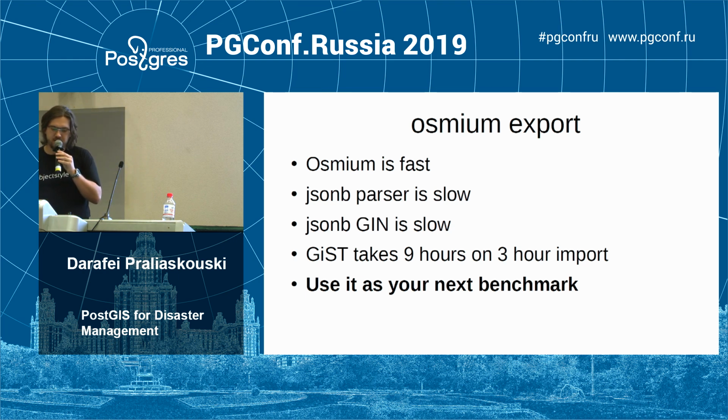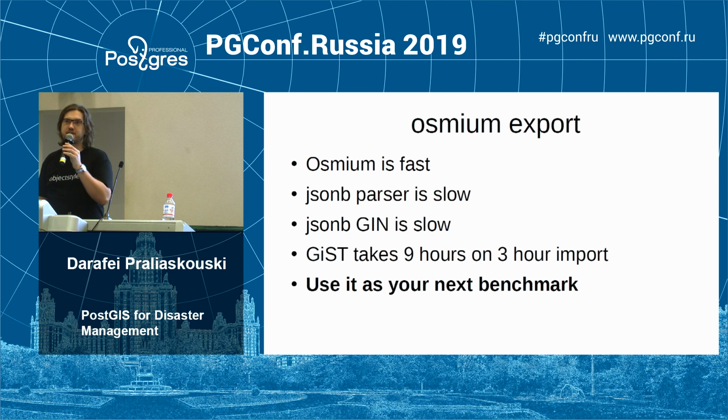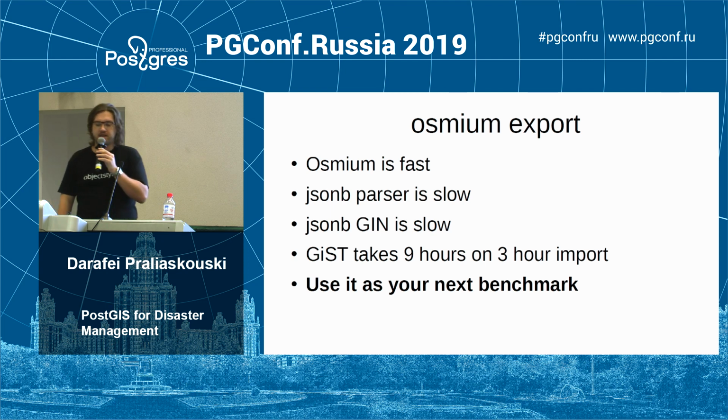Then the Postgres JSONB parser is slow, and then the GIN index is being built very slowly, and then it takes 9 hours to build the GIN index, and this can be accelerated in Postgres. So if you are bored and you want to see what can be accelerated in Postgres to make it faster than Osmium,